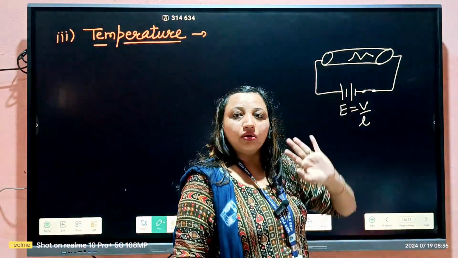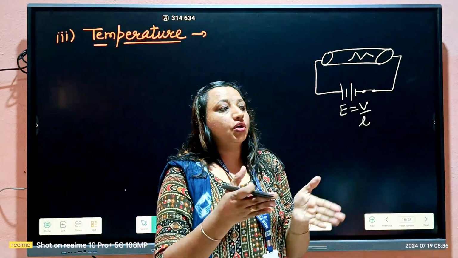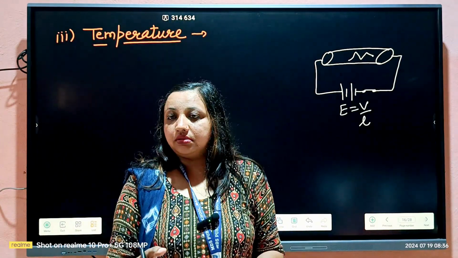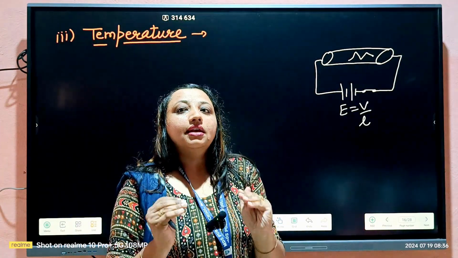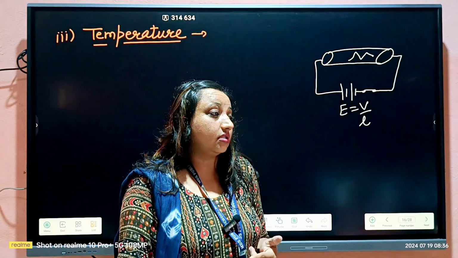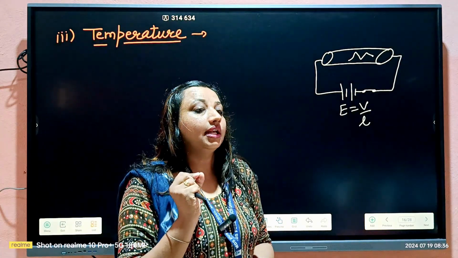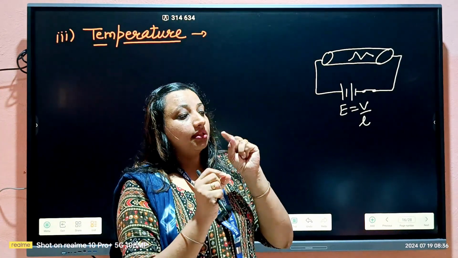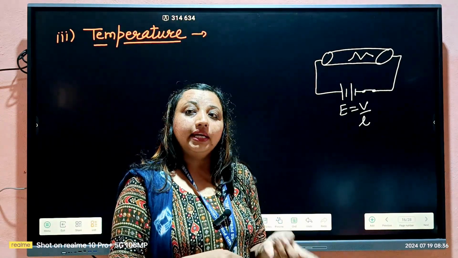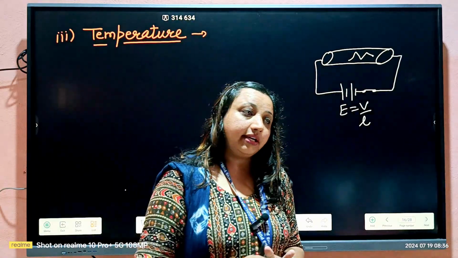And there are collisions, we discussed it in yesterday's class, right? There are frequent collisions between the electrons, electrons and ions, electrons and other atoms, due to which there is loss of their kinetic energy. That is the cause of the resistance. What is the cause of the resistance? Frequent collisions, due to which there is loss of kinetic energy, which is further converted into heat energy. That is also known as the heating effect of electric current, right?